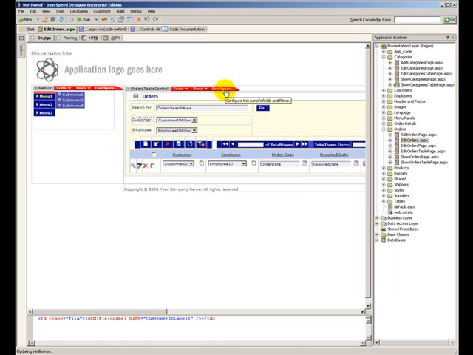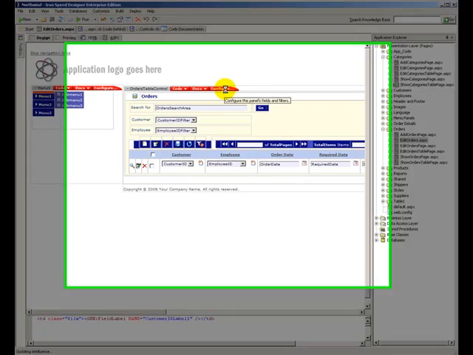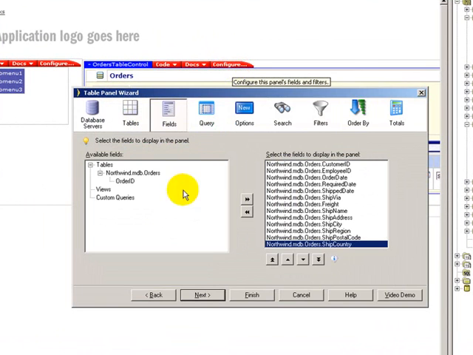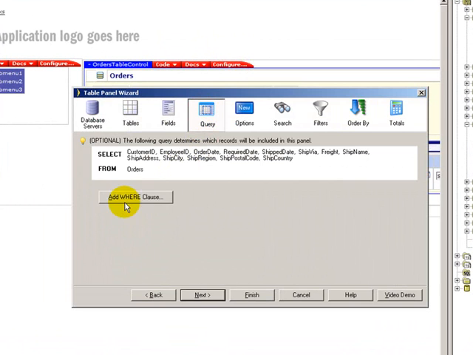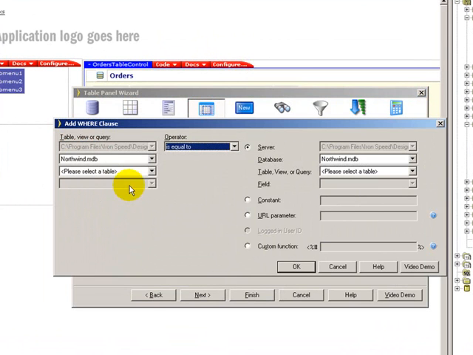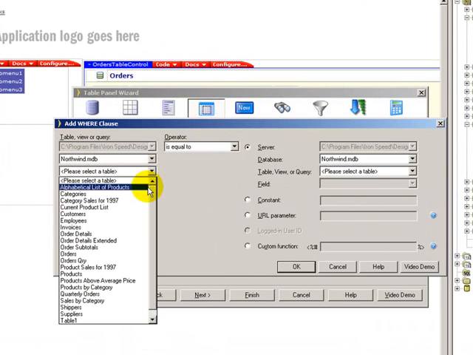Let's go ahead and configure this control. It's set to the Northwind MDB orders table. What we want to do for the query is add a where clause where we're going to take the Northwind MDB